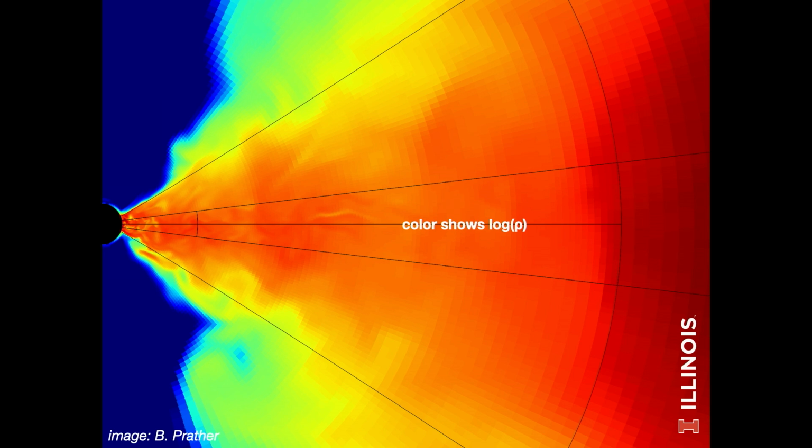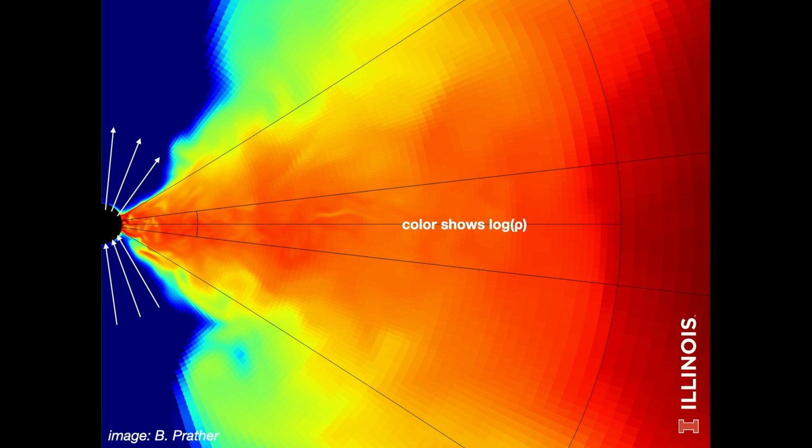This is a simulation that we've run on Frontier, thanks to the work of Ben Prather, who used to be in my group. And you can see that there's high density in the midplane of the region around the black hole, and there's low density up here over the poles of the black hole. And if you'll excuse my crude graphics,